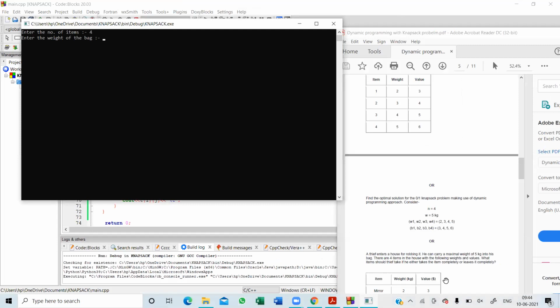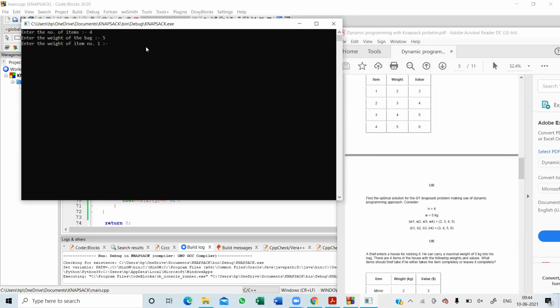Now it is asking us what is the weight of the bag. So let us say that the weight of the bag is, let's say, 5. We have taken 5.